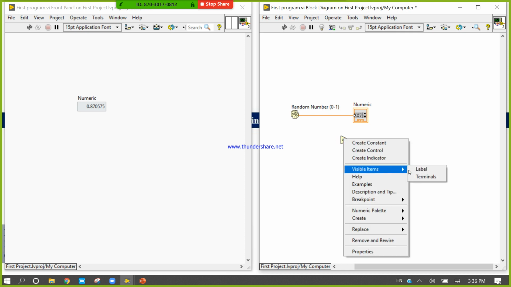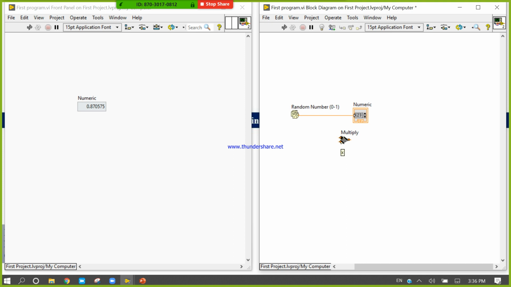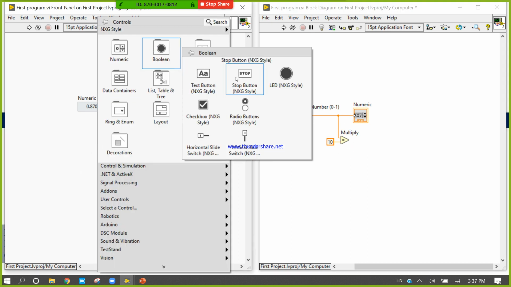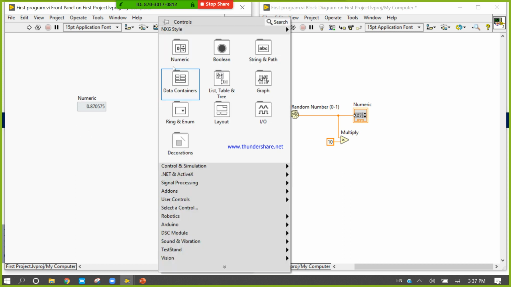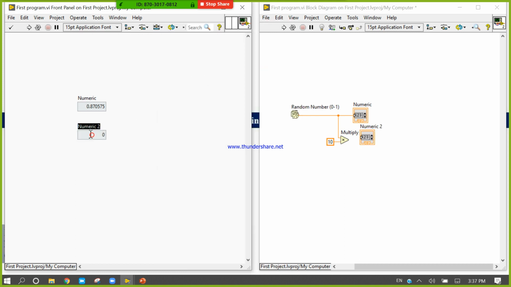Right click, open the free labels, connect with this, right click again, create a constant, and write 10.